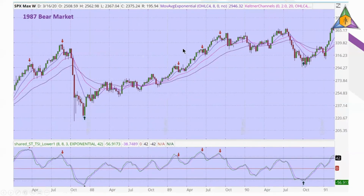1987. Now this was the market crash. It was a fast market crash, kind of similar to what we're seeing right now, in that it fell very rapidly. 1, 2, 3, 4, 5, 6, 7, 8, 9, about 9 weeks worth of action to the downside. It fell 35.94%. You will hear people talking about, I think it was Black Friday or Black Monday, that